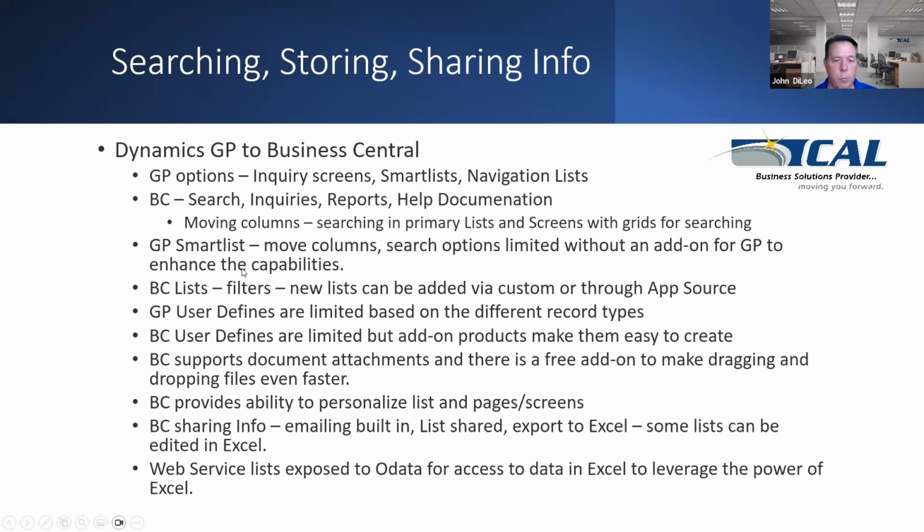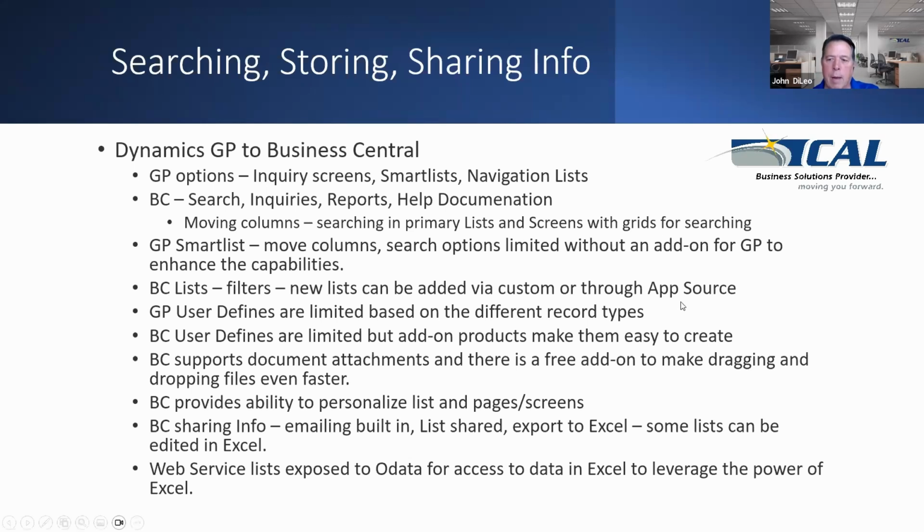GP Smart List, again, you can move columns around as well. You just can't do it in most of the other screens in GP, right? You can build filters into the BC list as well. But what you can't do is create custom lists. So Microsoft knows that's still a challenge with BC today, because with smart lists, everybody's used to being able to create all the smart lists they want, as long as they have the skills to do so. Today, that would still need to be a custom in BC. If I don't have a defined list, then it would either need to be created custom, or there are options